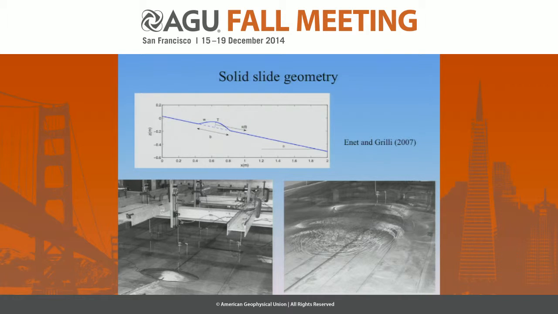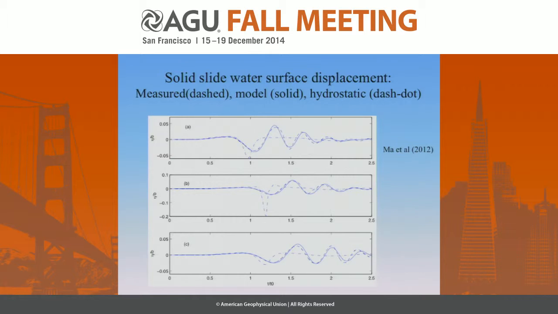It's an example of the slide geometry, and I had this in here just to really point out the importance of dispersion in the problem. This is a very clean experiment done by Enet and Grilli back in 2007, where they essentially have this aluminum flying saucer sliding down a plane slope and generating a resulting wave field here, which is measured at 3 different locations in the flume. And what I have here is a solid line representing the full wave, the dispersive wave solution, the dashed line representing measurements from the laboratory, and of course the main point there is that they agree